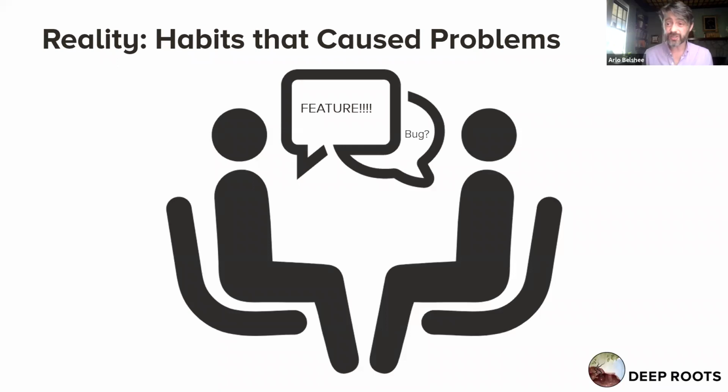But again, it's not just this problem. This is one habit that we have. We have the habit of thinking about features, but there are more. So another one is there are many missions. And this comes, at least in this case, originally from the definition of leadership as used in HR.